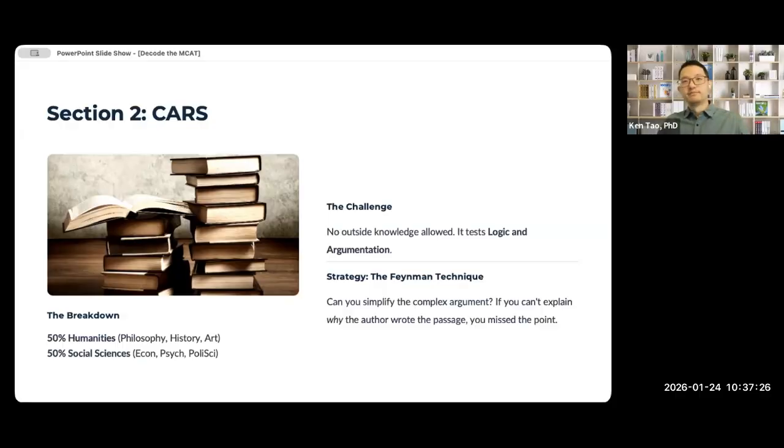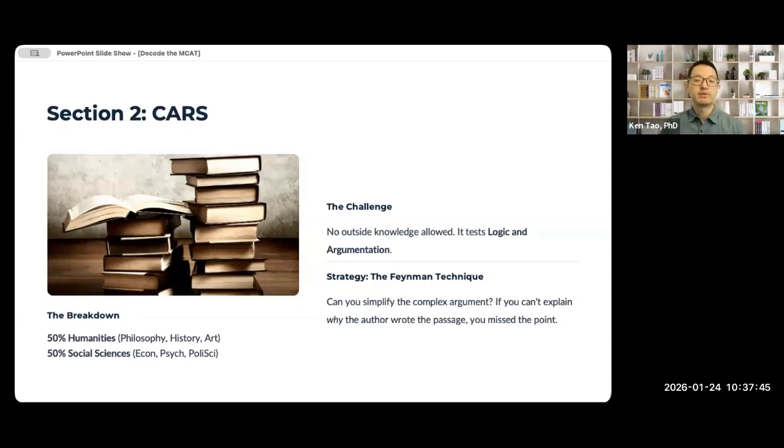So again, a lot of students don't pick up on this. When they're reading CARS passages, they don't really know what they should be thinking, what they should be asking, what they should be paying attention to. And this is also another great situation to go through this technique I mentioned yesterday, the framing technique, which essentially